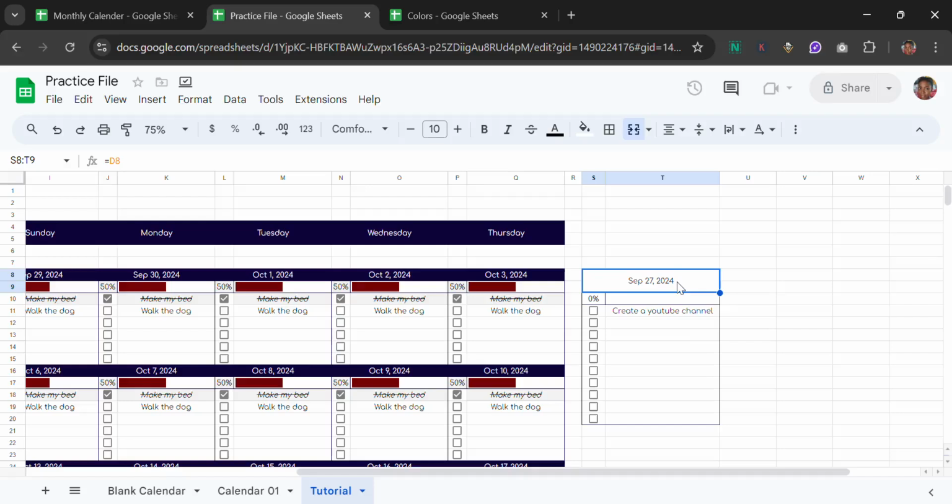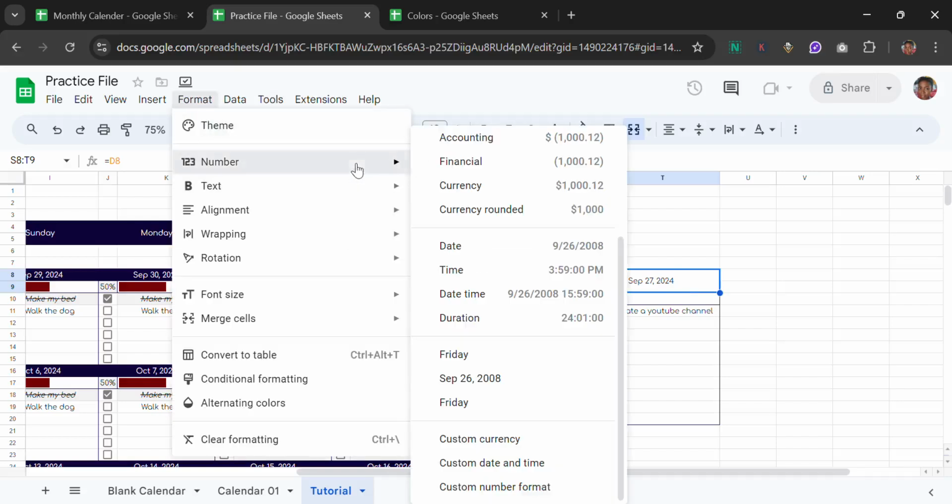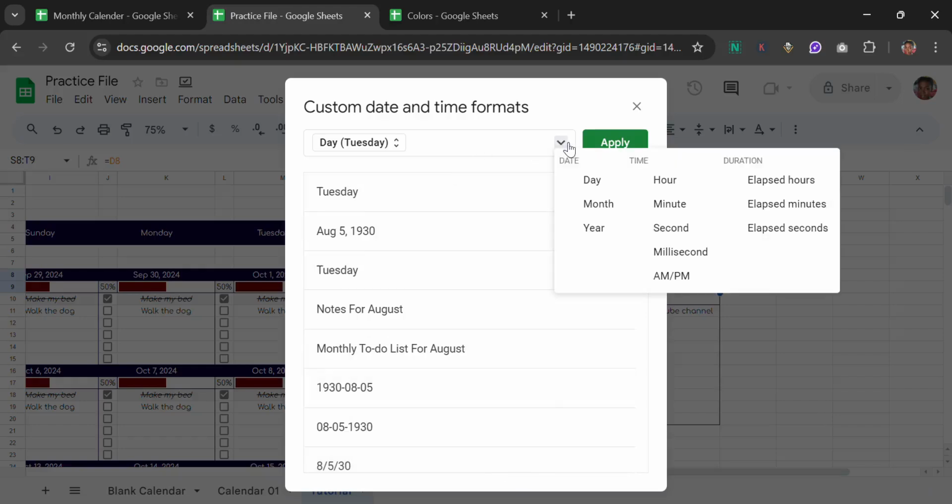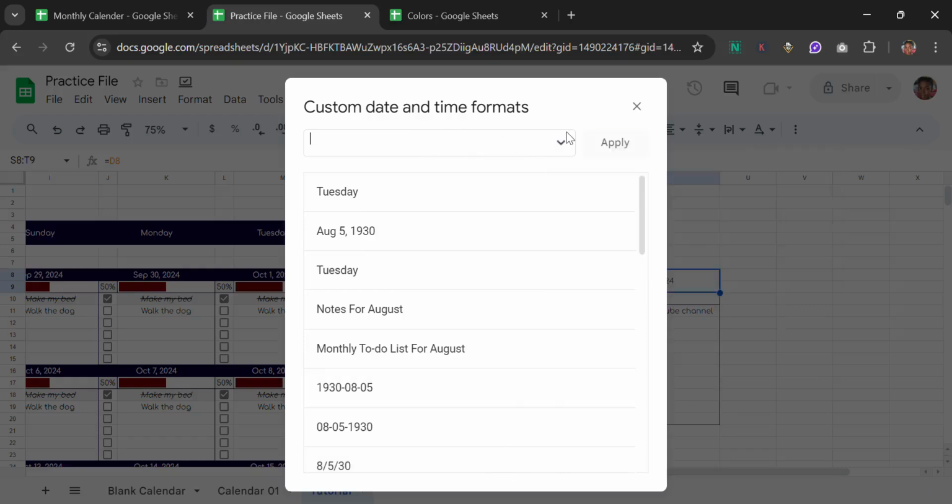We want to see goals for the month of September, goals for the month of October, whichever one is selected. So we'll come over here to formatting, we'll pick number formatting, custom date and time, and now we're going to build our own. So let's start by deleting this, and then we're going to say goals